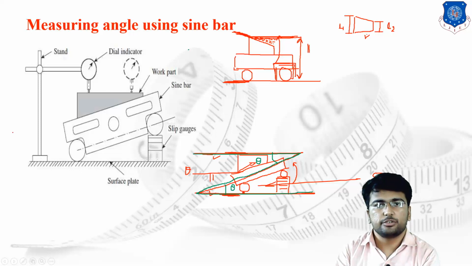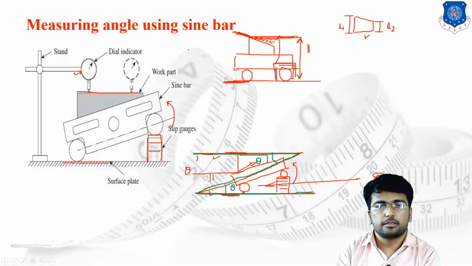Now from the figure you can check what we have done. We have simply lifted one roller in the upward direction and provided the number of slip gauges under the roller. Once the surface is parallel with the base, to check the parallelism between the bottom, or we can say the surface plate or the datum surface, and the top surface of the workpiece, we are using the